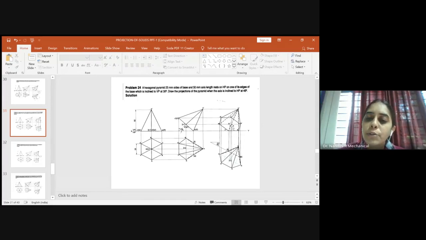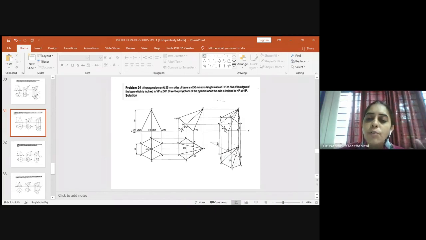Once you show the hidden lines and the visible lines and you darken the outer boundaries, at the last, please don't forget to join the axis line. Here we have the projection of O1 as O1 dash, and the projection of O as O dash. Kindly join these two using the axis line pattern or the center line pattern only. Don't show it as a hidden line and don't darken it also. Just draw it in the regular thickness of line that you use for the projection line. So you can join O1 dash to O dash using a light line, not a thick line. This will complete the final stage of the front view.